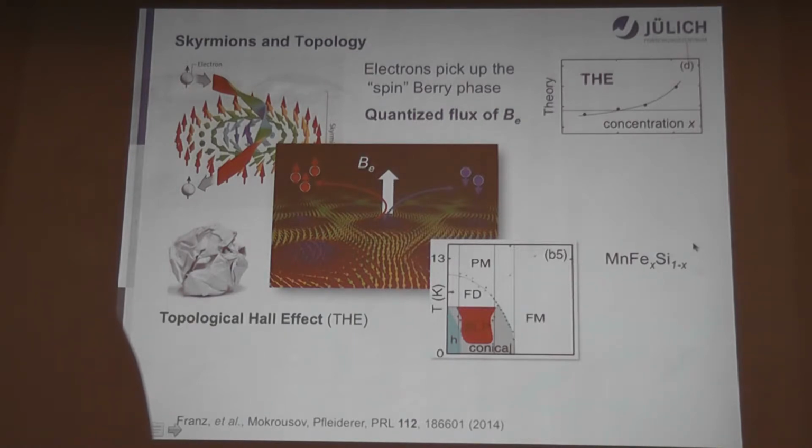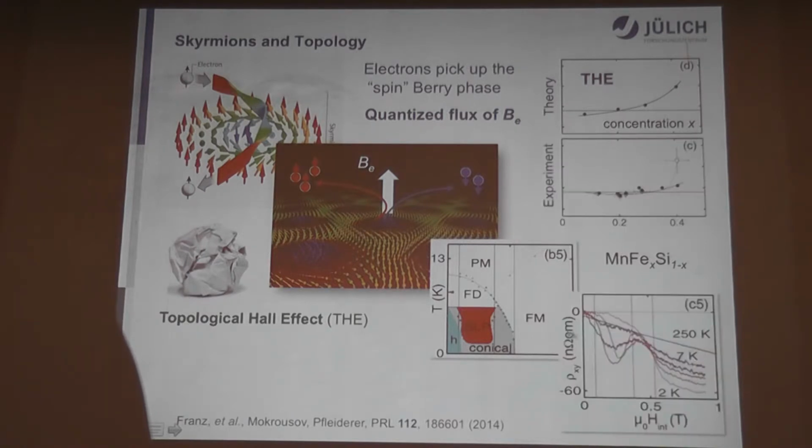This is the work we have done in collaboration with Christian Pfleiderer's group, where they looked at this skyrmion phase in the phase diagram of these alloys. And what they did, they actually measured the contribution to the Hall effect as this bump, which they interpret as the topological Hall effect. Now, we compare their experimental measurements with our theoretical calculations, which take the magnetic field from their experiment and calculate basically the Hall effect which the electrons experience in this situation.